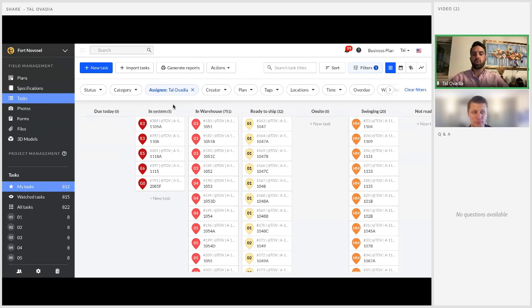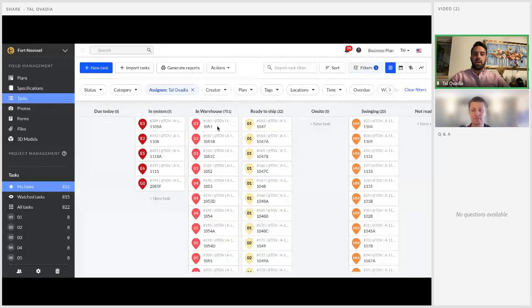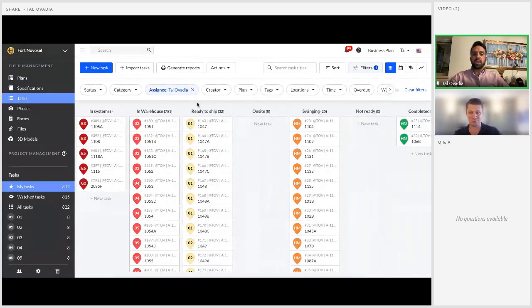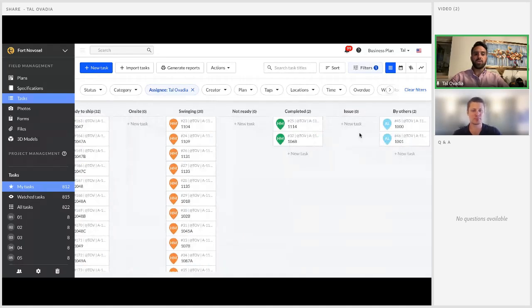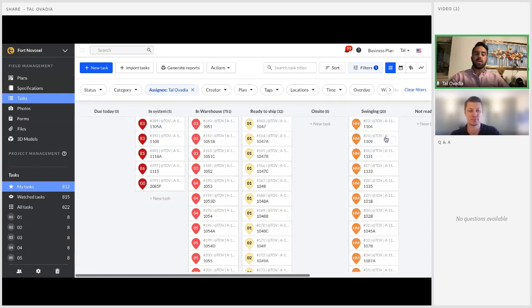So every task that gets entered first starts in system. This is kind of our base point for a task. It means nothing's been done. We've just entered it into Fieldwire. Now the software captures this particular opening. And then if we go to a warehouse job, we have some statuses that tell us that we've received the doors in the warehouse, or we've done some install on them and now they're ready to go to site. They're on site, swinging, etc. And we're even tracking issues over here, and then doors all the way through completion, obviously. So that's how we're using custom statuses.